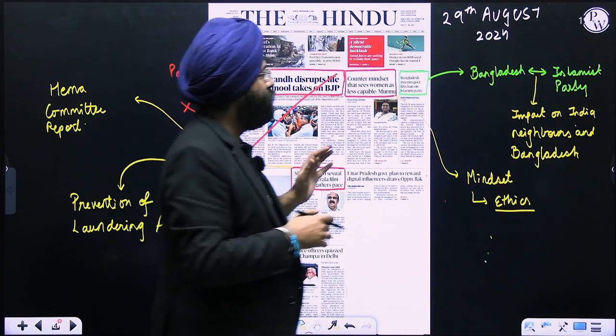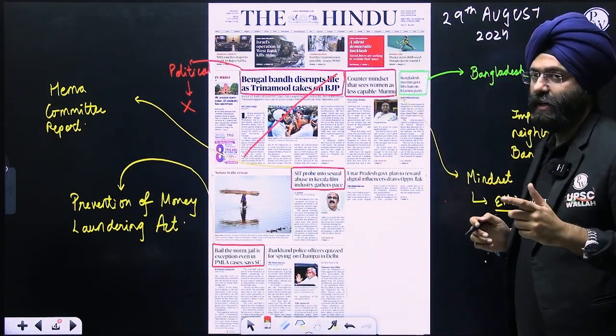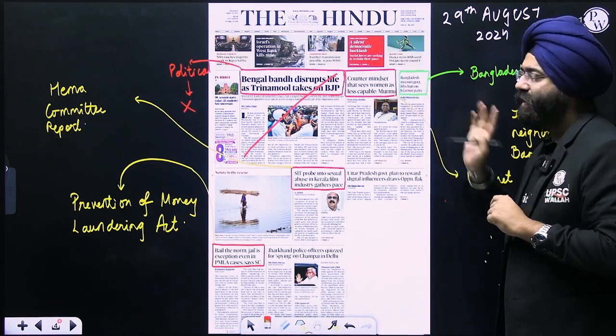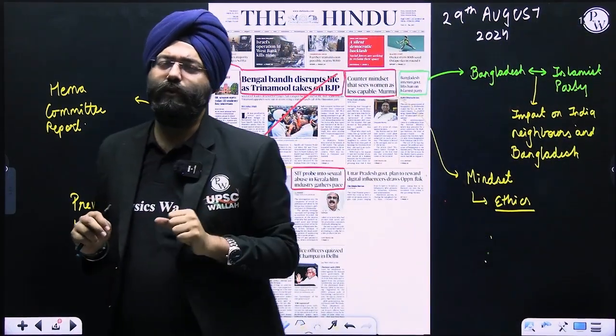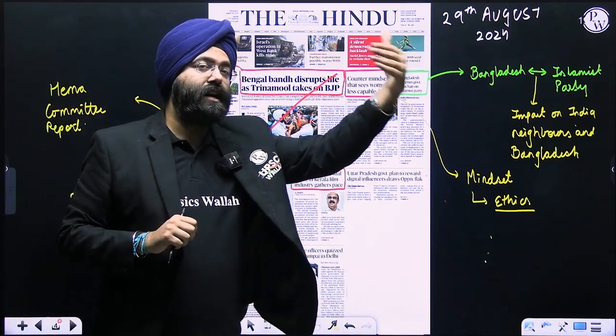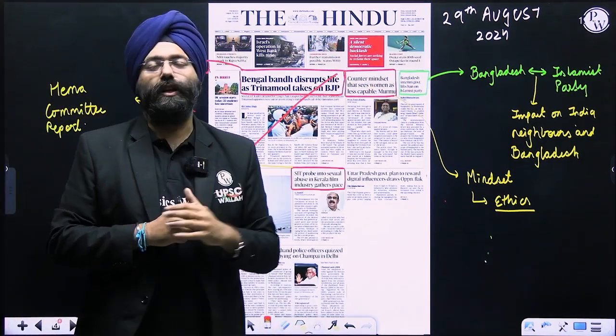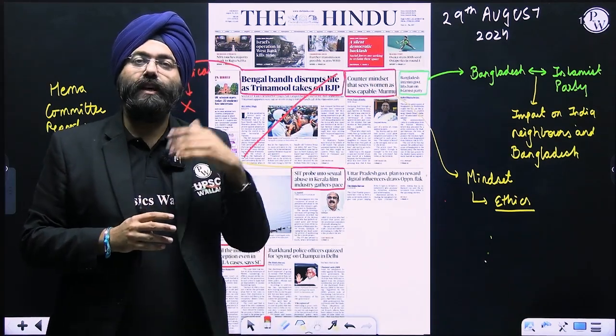Now, the second thing you will be seeing, it's written Bangladesh interim government lifts ban on the Islamic Party. Now, remember one thing, the moment this is given, let us say, information has been given to you. Now, this information, you will see in the coming days, will be converted into an editorial. And there is an opinion already given on further pages that shows what the impacts are.